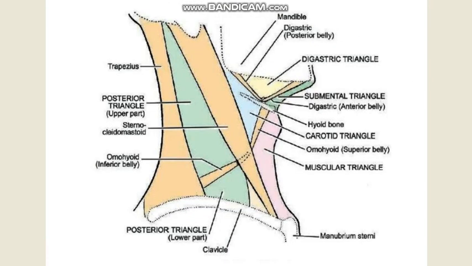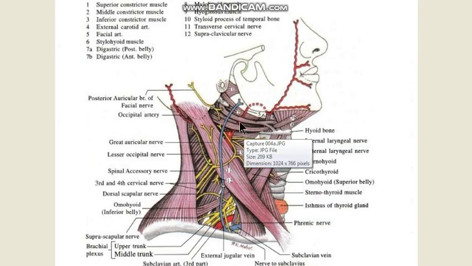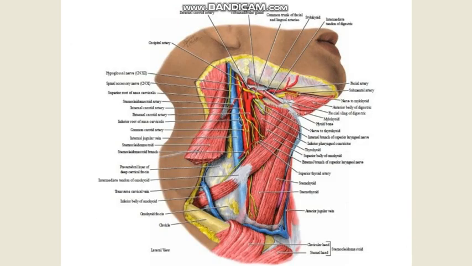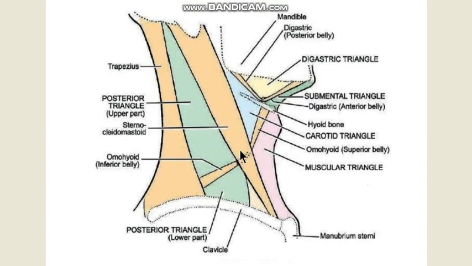So if you look at this picture, you can see again the elongated digastric triangle, its small anterior part, large posterior part. If we can look at a better picture, here again you can make out a large part of the digastric triangle here, over here, and here you can make out this is the digastric triangle over here. This is the digastric triangle. So we will come back to our original splitting up of the anterior triangle: submental triangle, digastric triangle. Now we are left with the carotid triangle and the muscular triangle, which we will discuss in a